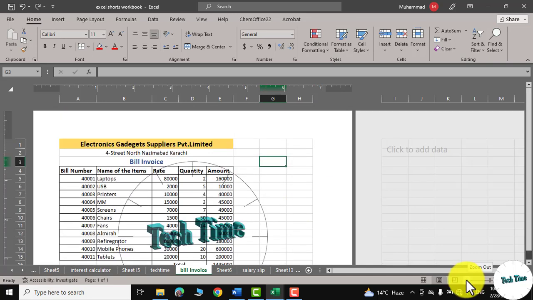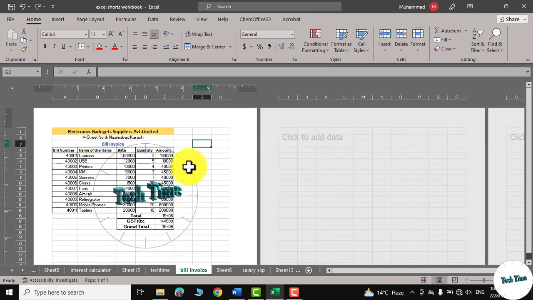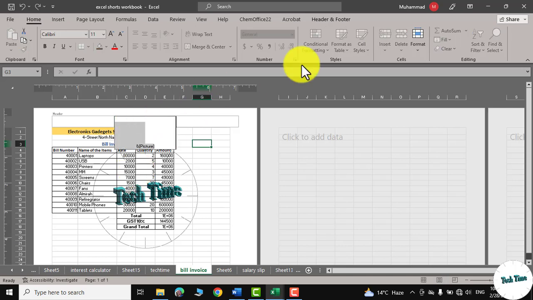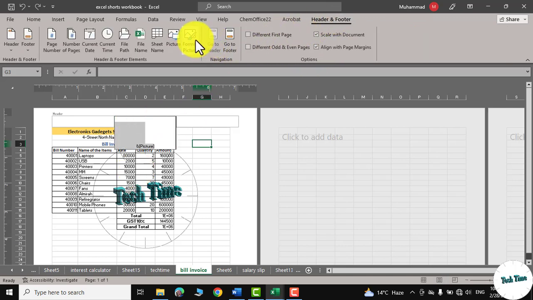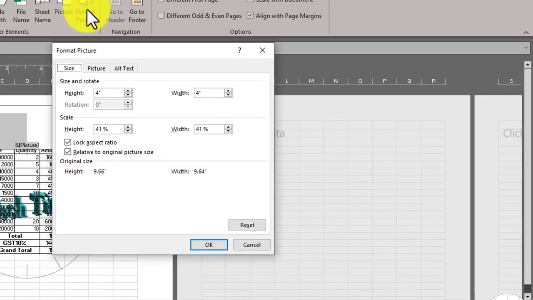Let me zoom it out a little. You can see it's too conspicuous, and some of the data is really hard to read. In order to make it less conspicuous and a little faded, click over here, go to Header and Footer again, Format Picture, Picture,